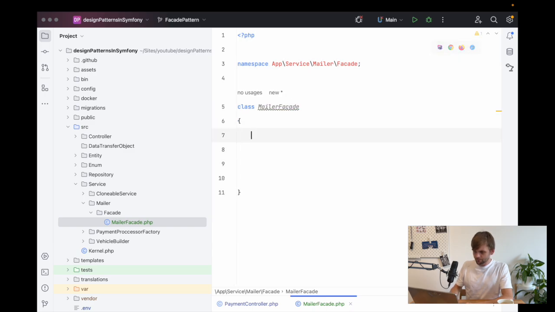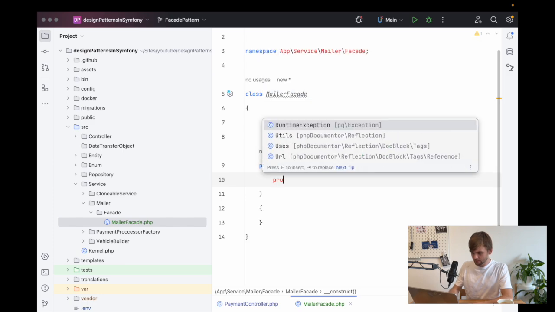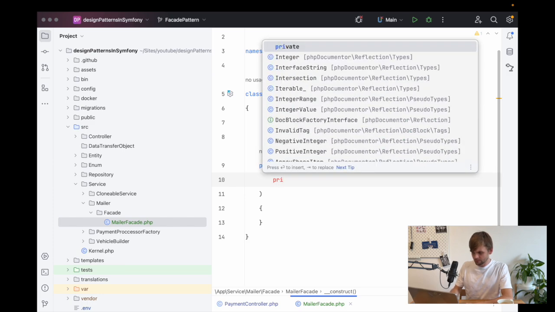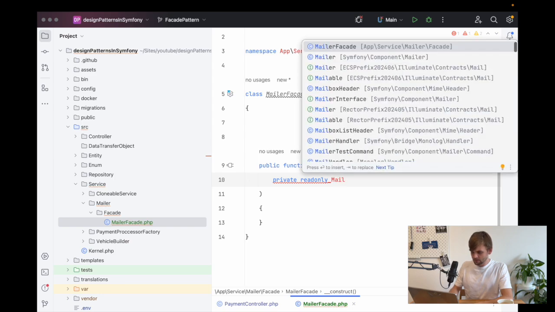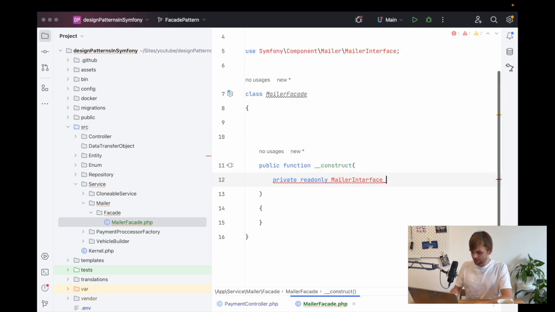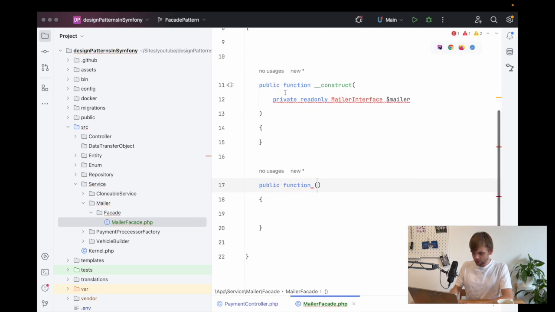Right, so this will accept a private read-only mail interface, there we go. And then here we're going to implement a public function and call it send templated email